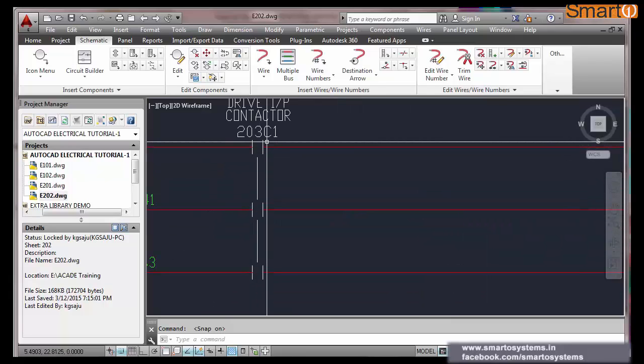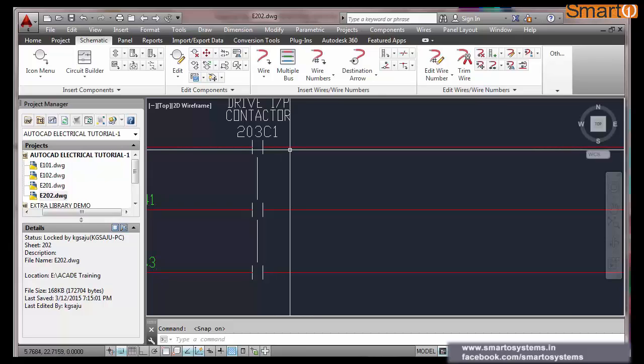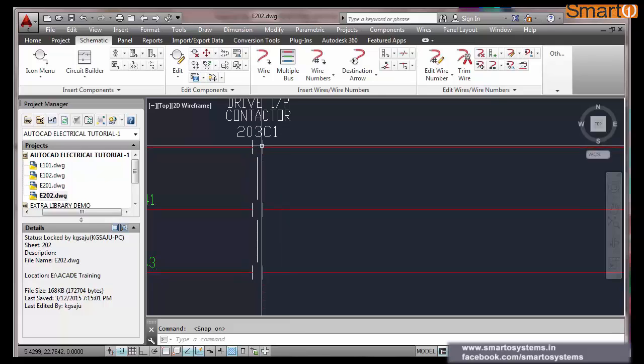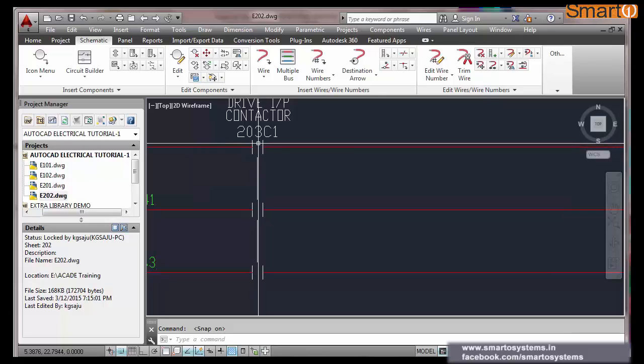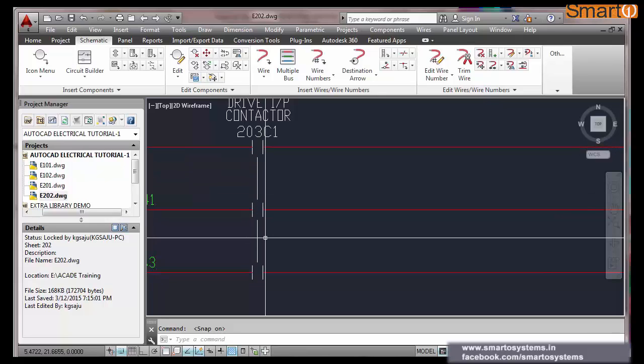This 203 C1. Why we have given this 203 in 202 is, always when you tag a component, the tag should be of the parent. In case of a contactor, the parent is its coil. These are all child symbols.